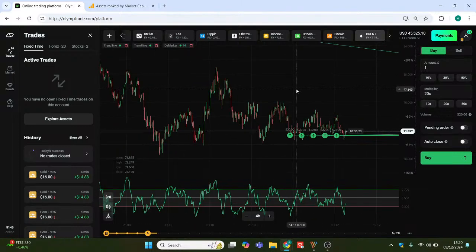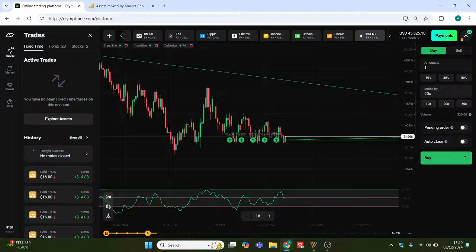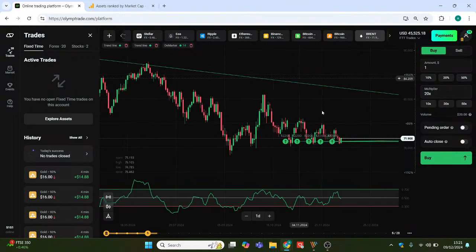Now, I want to finish off my speech about risk reward. Here is a very good example. We are looking currently at Brent oil, and speaking about the multiplier, well, it all depends on your greed. It all depends on your experience. So of course, in situations like this one, currently Brent is trading near its support level, and I would say that in this case